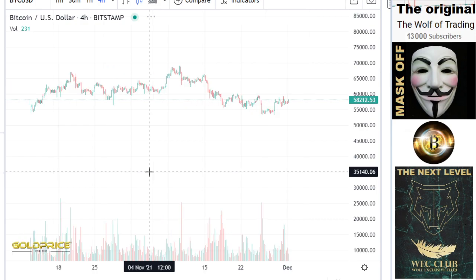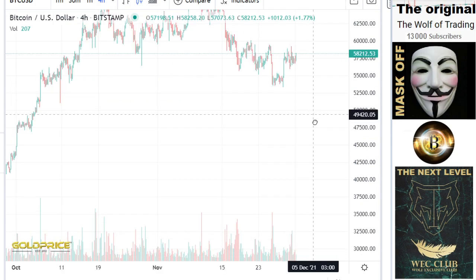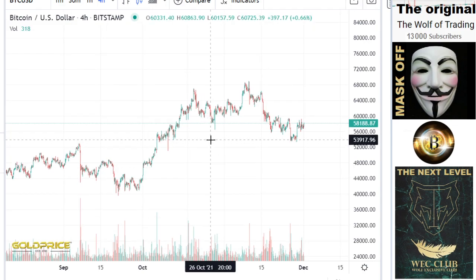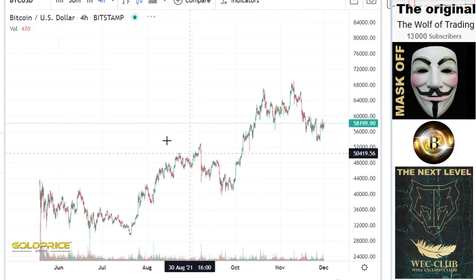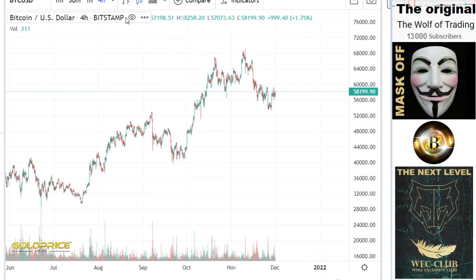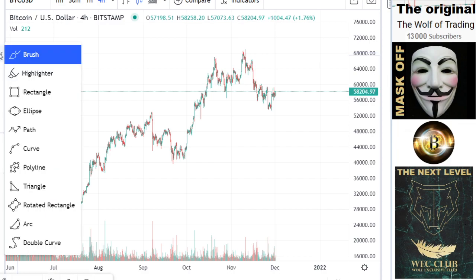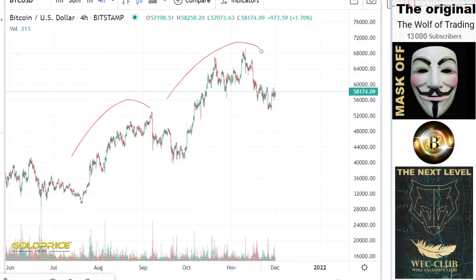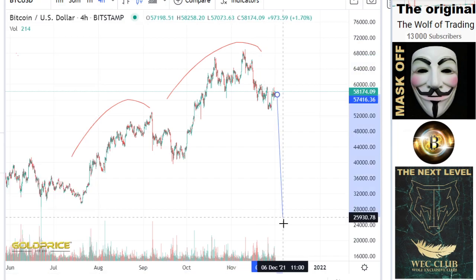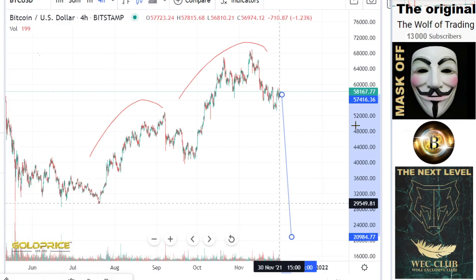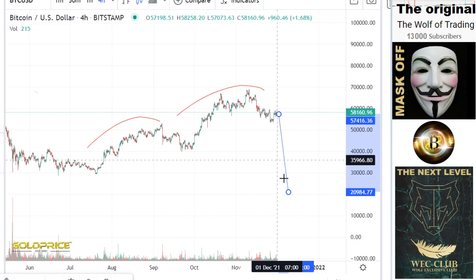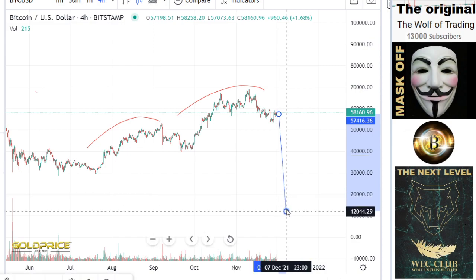So we're looking at this chart. Also, I will draw here the 1 and the 2. We have here 1. This is 1, this is 2, and our 3 is this. So no wonder if we go straight to the downside. 1, 2, 3, and the price will go here to the downside.